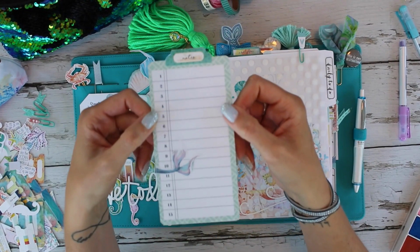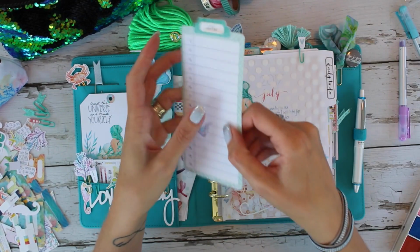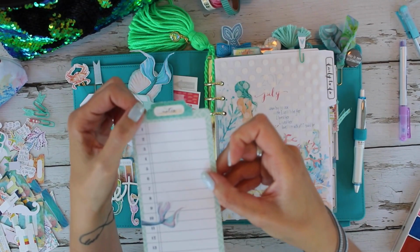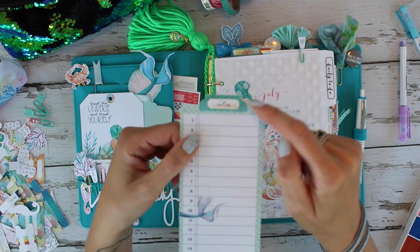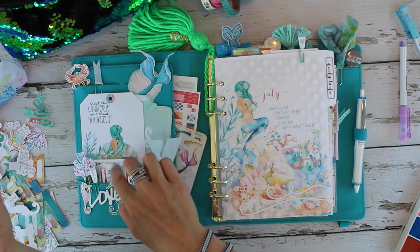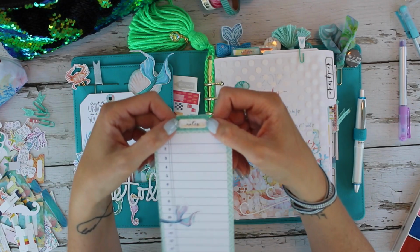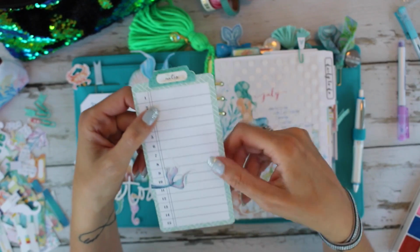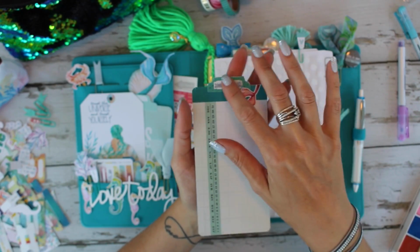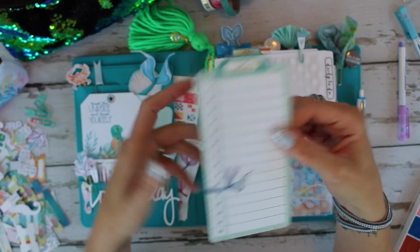So what I did is I took 2 of those tags, I cut off the tag part and rounded the corners, and I did 2 of them and sandwiched them together. And then I took one of the die cuts from the planner die cut set and a little tab. I added one of the tab stickers, and I had to cut it down because these are a little bit different size than our regular tabs, but it was super easy. I just cut that sticker down a little bit and fit that in there. I put on a mermaid tail sticker, and then this side, same thing. There's the tab sticker and a mermaid tail sticker, and now I have this cute little note that I can